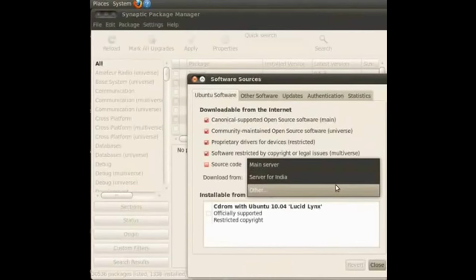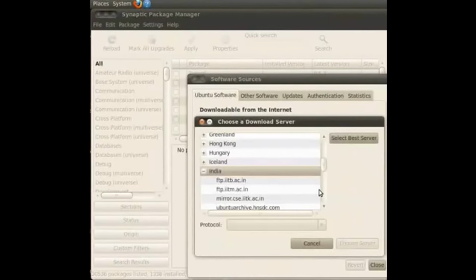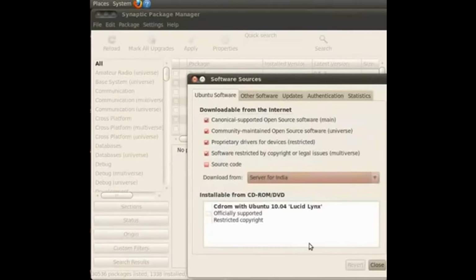Others shows a list of servers across the globe. Click on Cancel to close the window. I am using Server for India as shown here. Click on Close to close the Software Sources window.